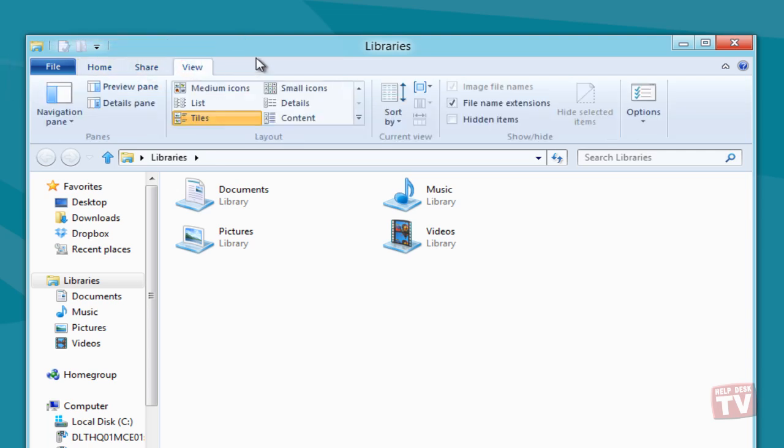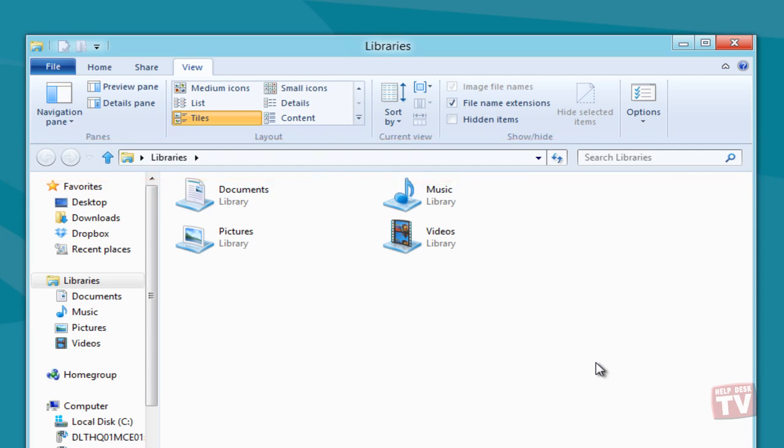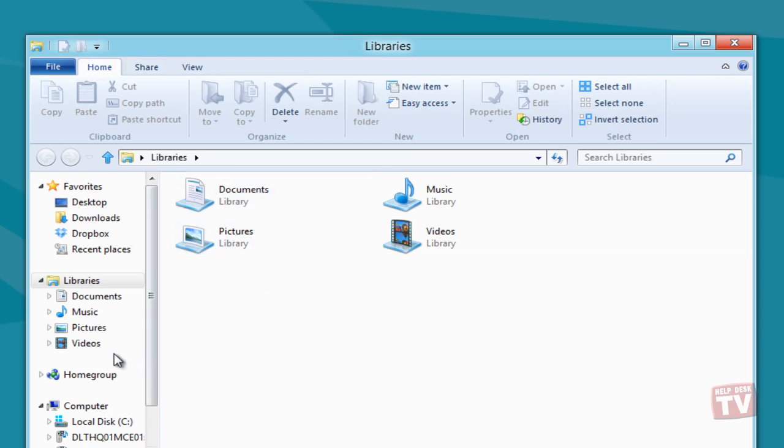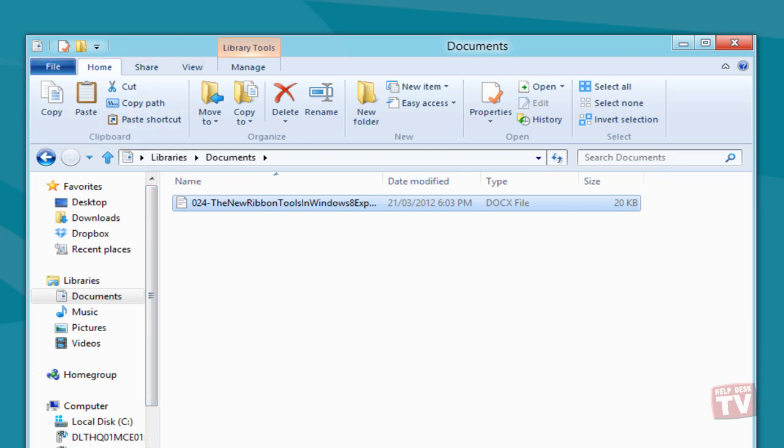The address bar containing navigation buttons and a search bar is present underneath the ribbon. The address bar also holds a ribbon minimize button, which when clicked rolls up the ribbon. The Home tab deals with basic file and folder options, including copy, paste, cut, and 2 new options, copy path and paste shortcut, to copy the source path of the selected file to the clipboard and paste the copied shortcut to the current window, respectively.